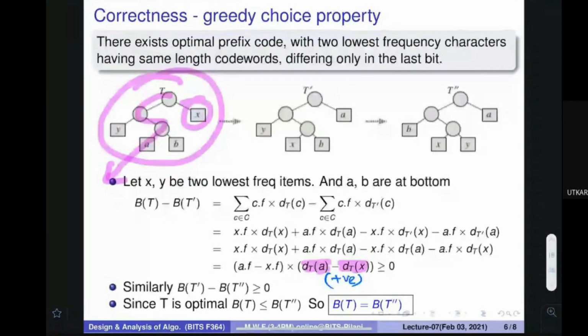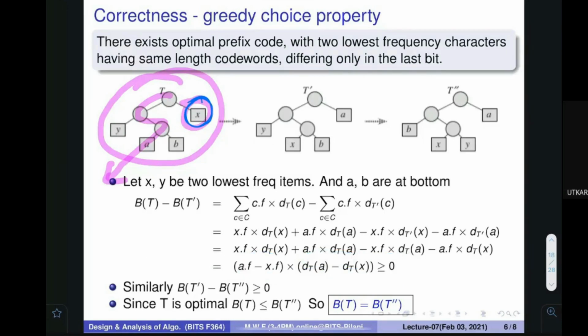Similarly, I have told that the item with the minimum frequency was X, so A dot F minus X dot F is also positive. So both the terms are positive, and for the multiplication of two positive terms, this is greater than 0.